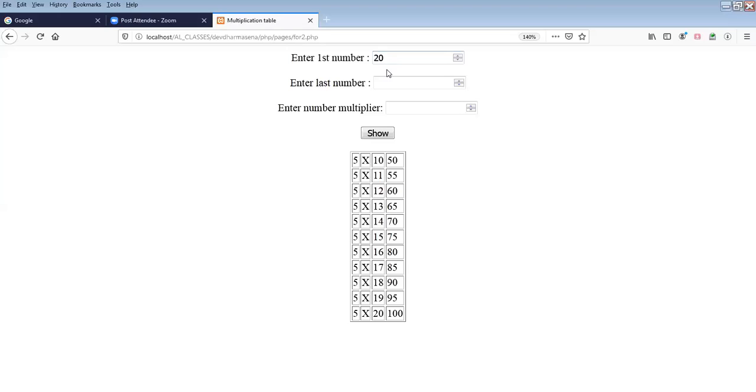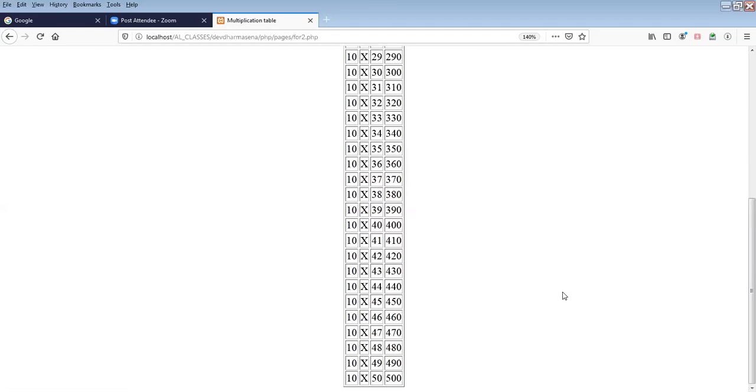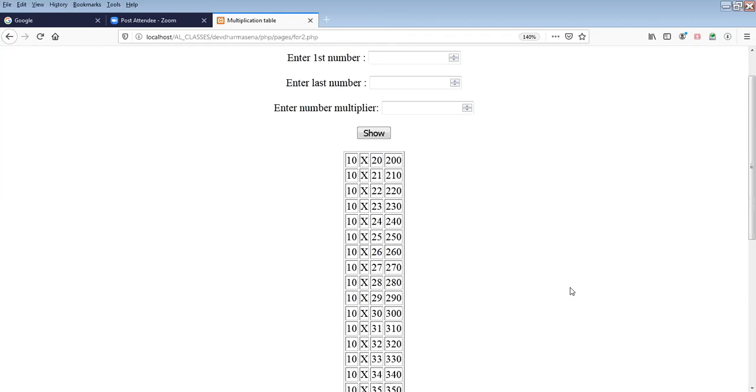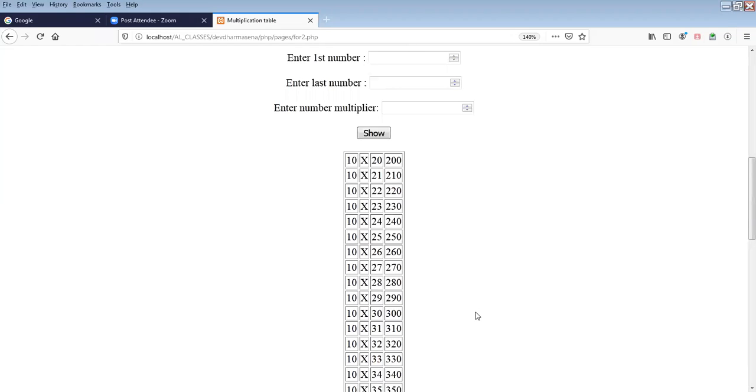We can say 20 to 50, right? So it's a dynamically generated table. Okay, so then we use the for loop to make such a useful application.